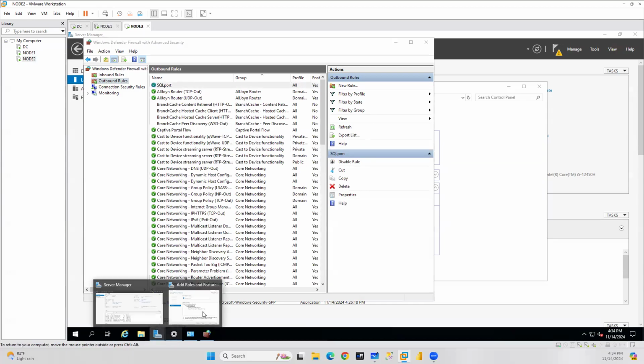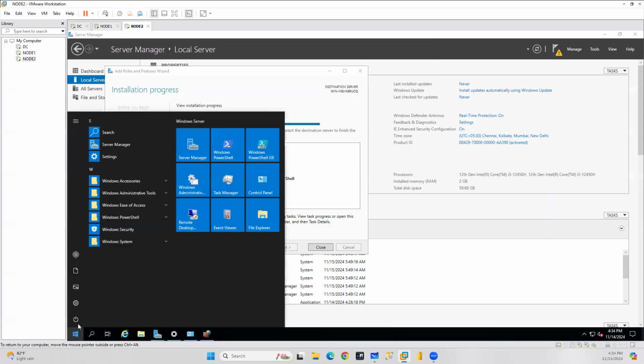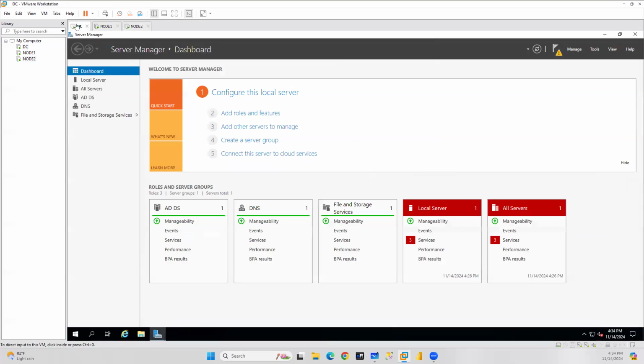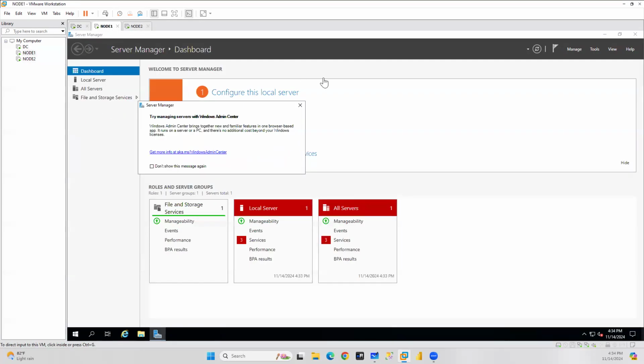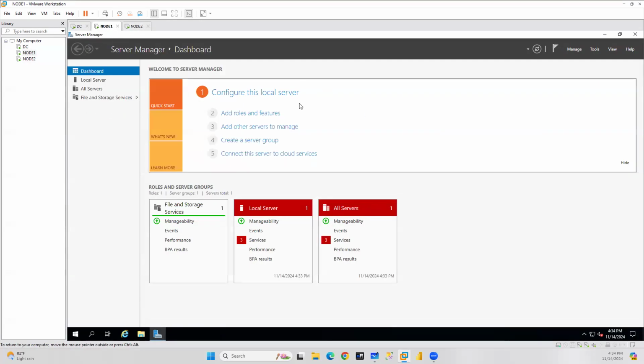Let's see whether our installation is done. Yes. Now you can restart the VM as well. Now my DC is back to healthy and Node 1 is almost back to healthy. Once you complete disabling the firewalls, enabling the ports, installing the required features, and configuring the network,